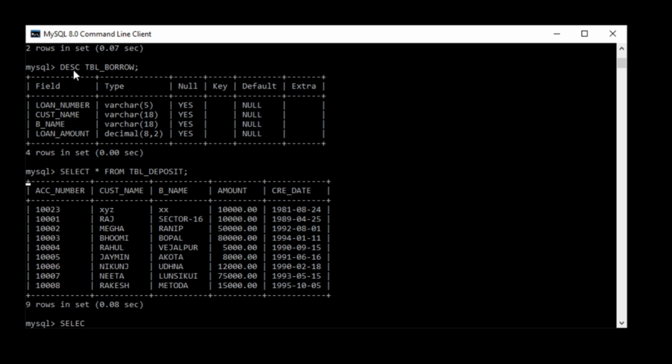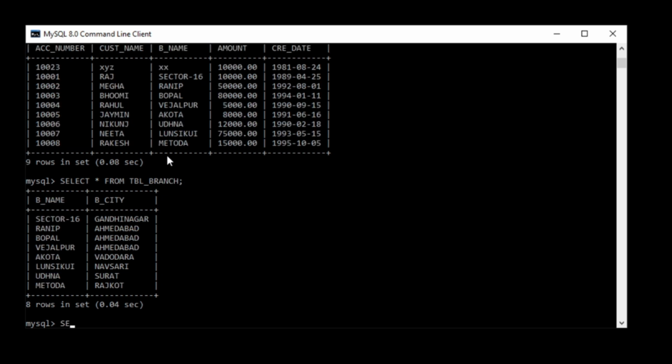Now the next one is select star from table branch. Now the next is table customers.